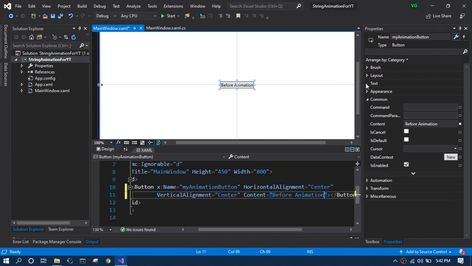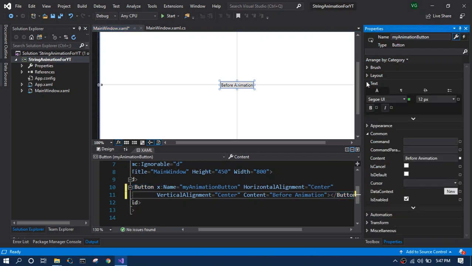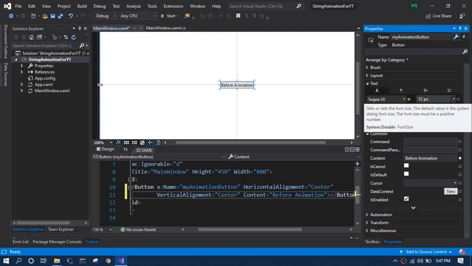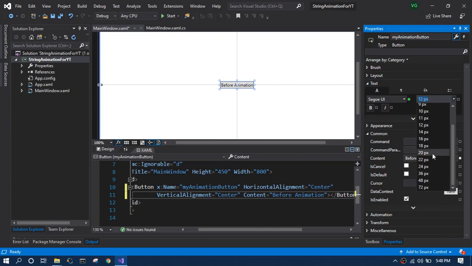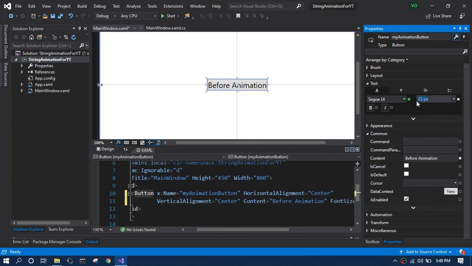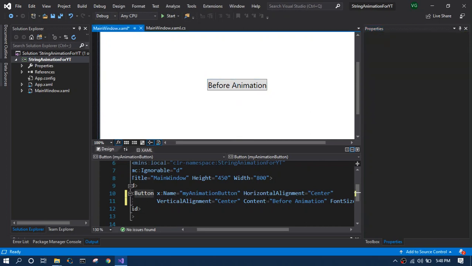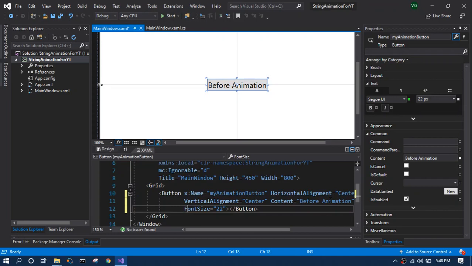What we are going to do is increase the size of the text that's being shown in the button, maybe in order to make it a little bit more visible when the animation starts. So we have added font size, and in order to do any kind of animation, we need to have a storyboard,